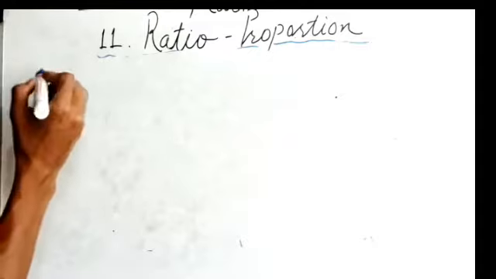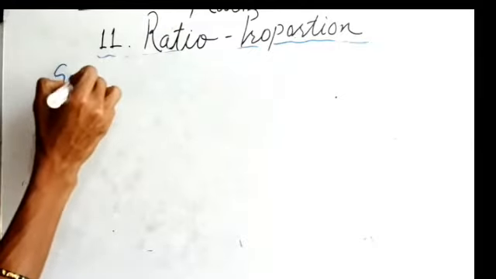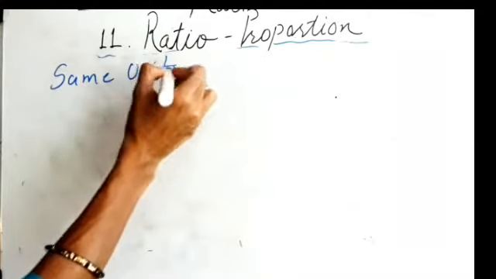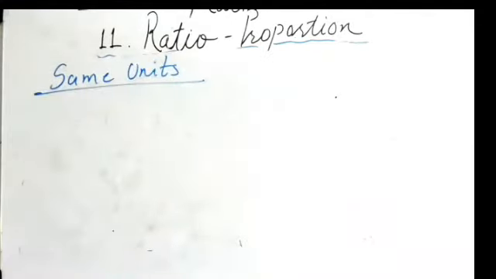I just want to tell you one important point which you have to remember while finding ratio. So what is that? When finding the ratio of two quantities of the same kind, their measures must be in the same unit. The important point is that their measures should be of the same units. Same units must be there. For example, I will give one example to you which is on page number 58.